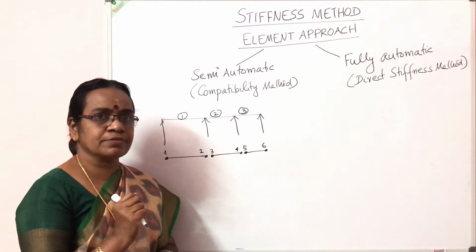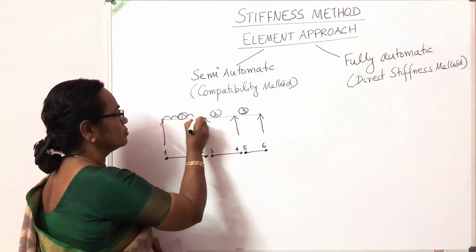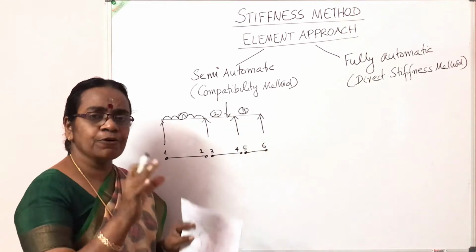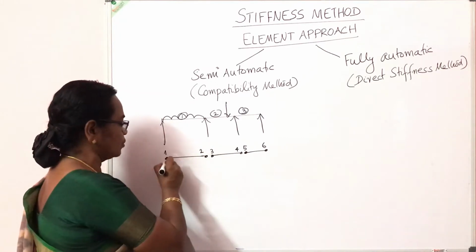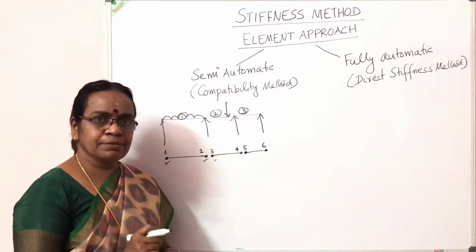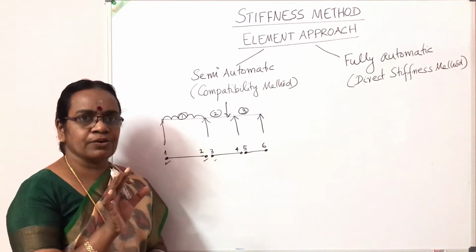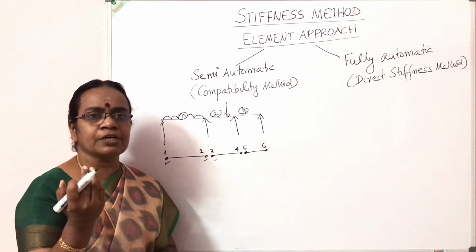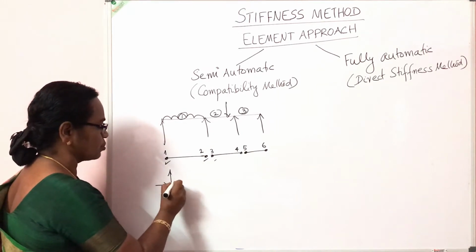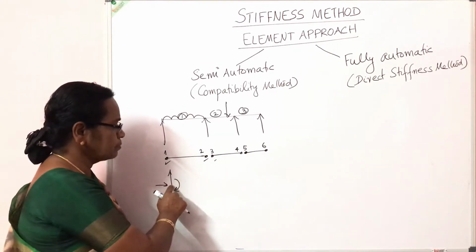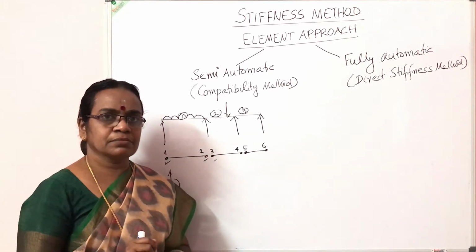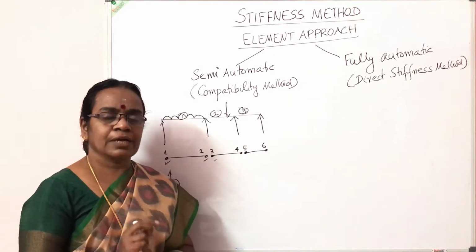Then, considering the forces, even if we have forces in the members or in the elements like this or forces like this, all the forces in the elements have to be transferred to the nodes. The loads act only at the nodes, and similarly the displacements. Displacement is a general term. It can be a vertical displacement, a horizontal displacement, or a rotation. Three displacements per node actually: a vertical displacement, horizontal displacement, and rotation. All the displacements are considered only at the nodes. So this is the basic principle of matrix method or element approach.